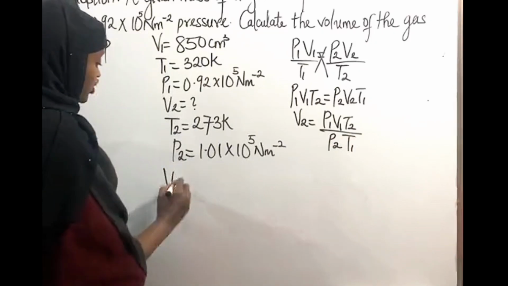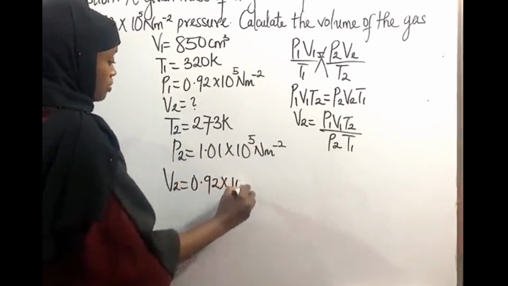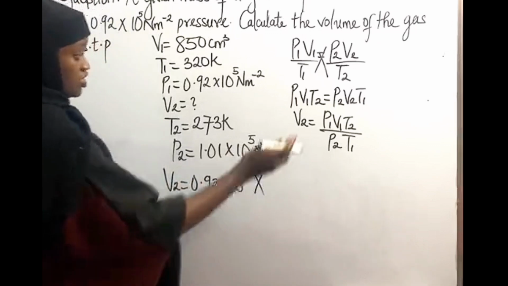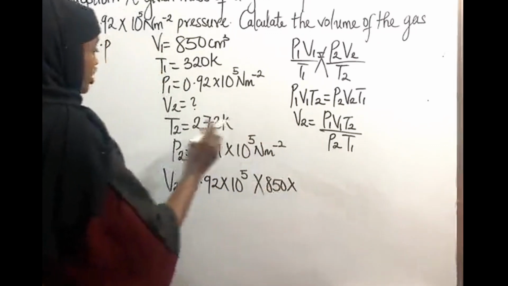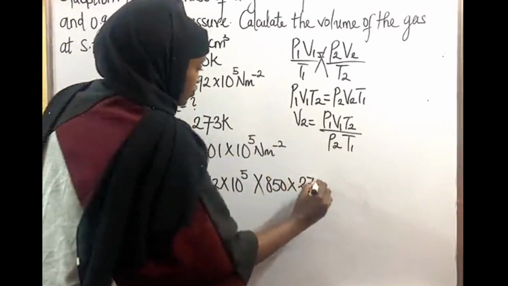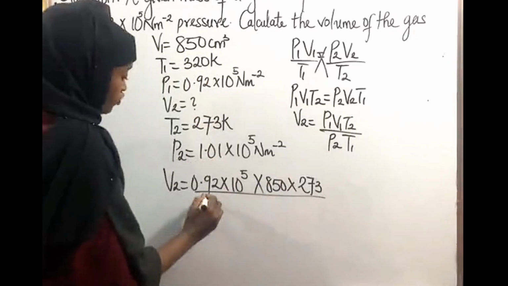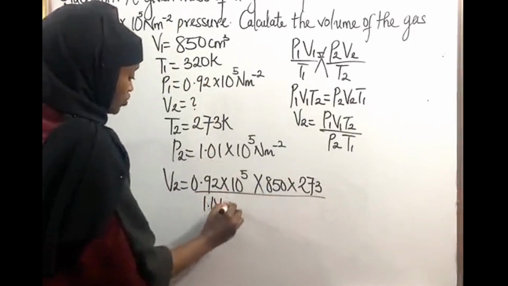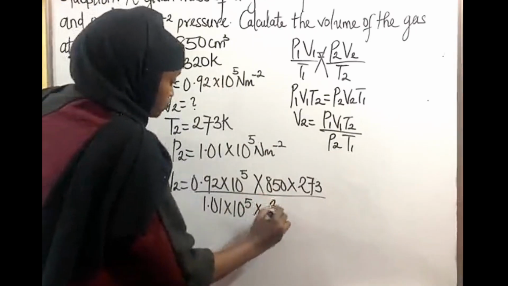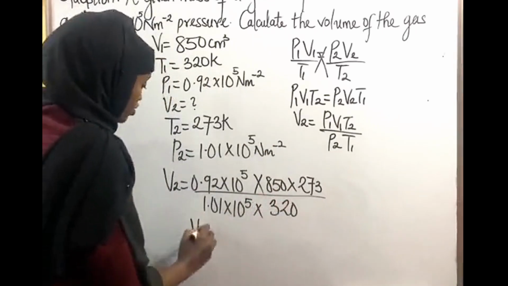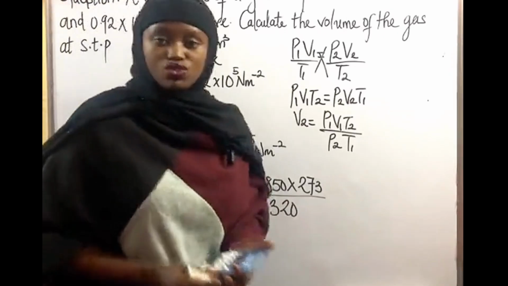So here we have that V2 is equal to P1, which is 0.92 times 10 raised to the power of 5, times V1, which is given as 850, times the value for T2, which is 273, all over P2, which is the value for the pressure at STP, 1.01 times 10 raised to the power of 5, times T1, which is 320. So from here, we say V2 equal to,